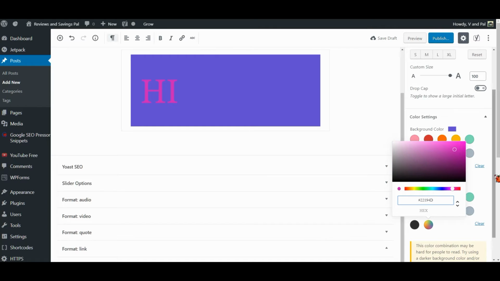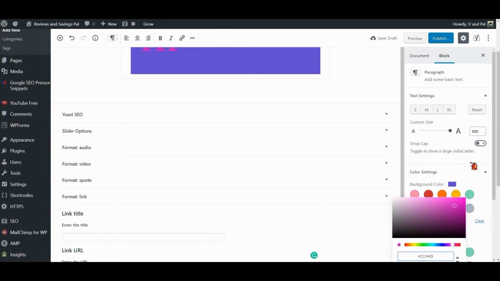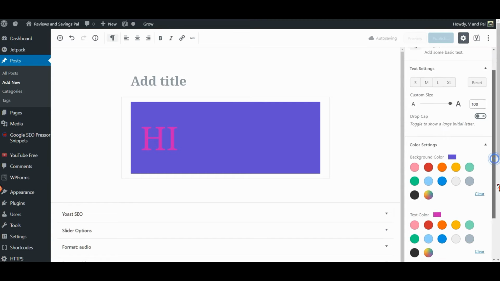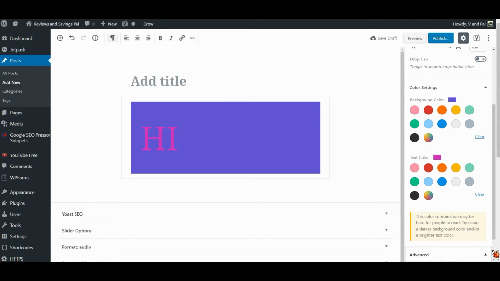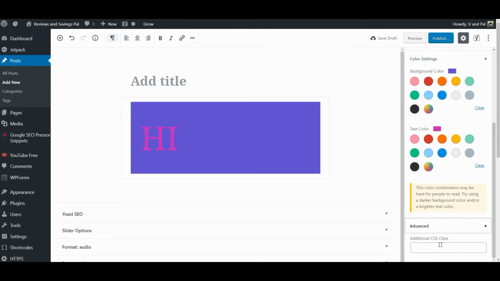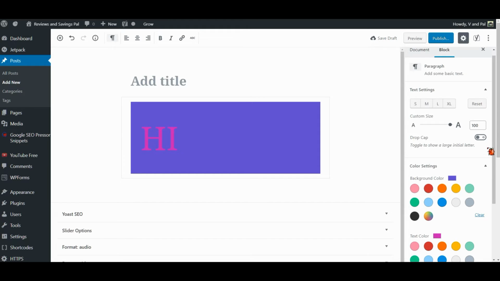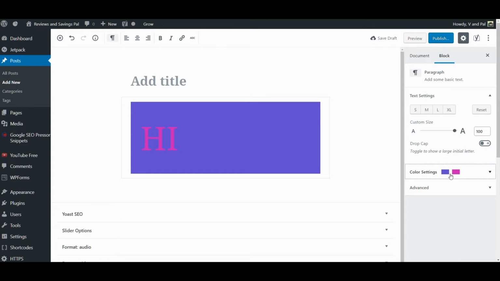I'm going to have to try this out too, because there are some things that I haven't quite gotten around to using yet. But it gives you this option, and then it has a little advanced option as well where you can add custom CSS if you wanted to do that. All in all, it's kind of cool. I like that it gives you